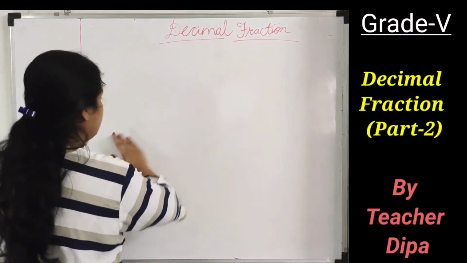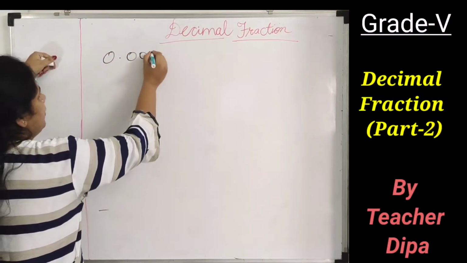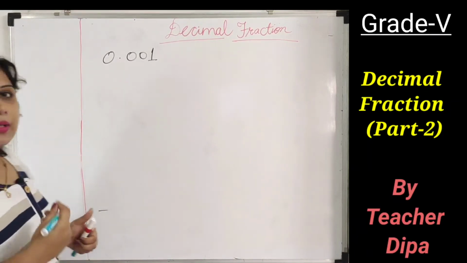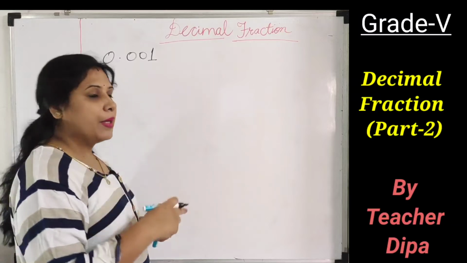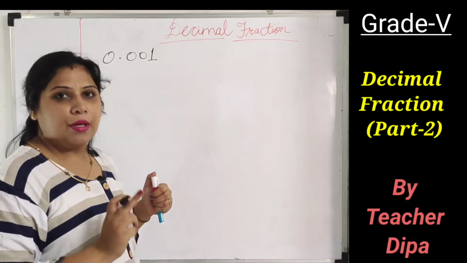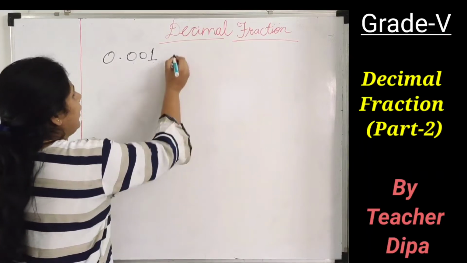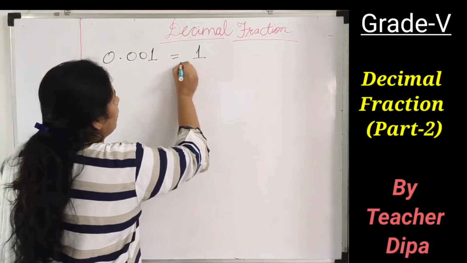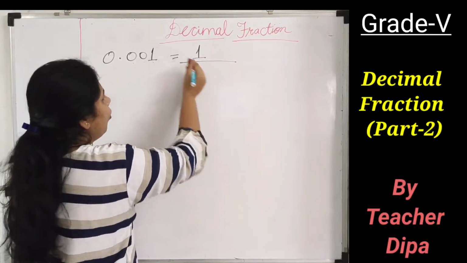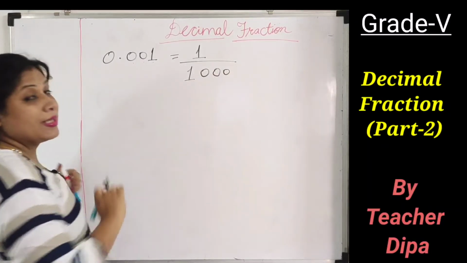If now I am having the number 0.001. How do I convert 0.001 into the fraction form? For that, the method is the same. We have to check how many numbers are there after the decimal point. So here I am having 1, 2 and 3 numbers. So I can write it directly like 1 upon 1 and 3 zeros. So this is the 1000th form of the decimal. So 1, 2, 3. This is the simple answer.